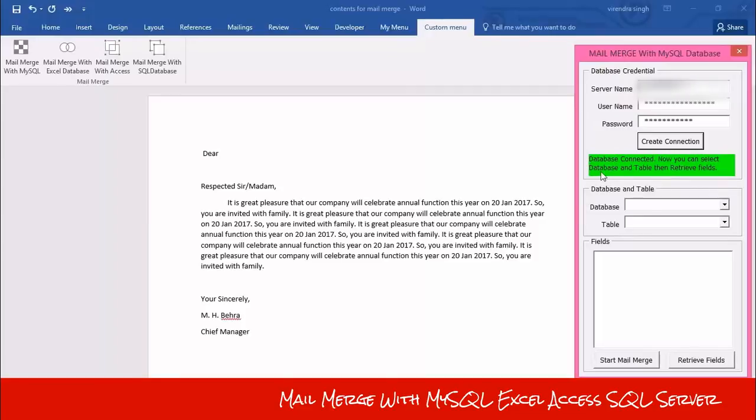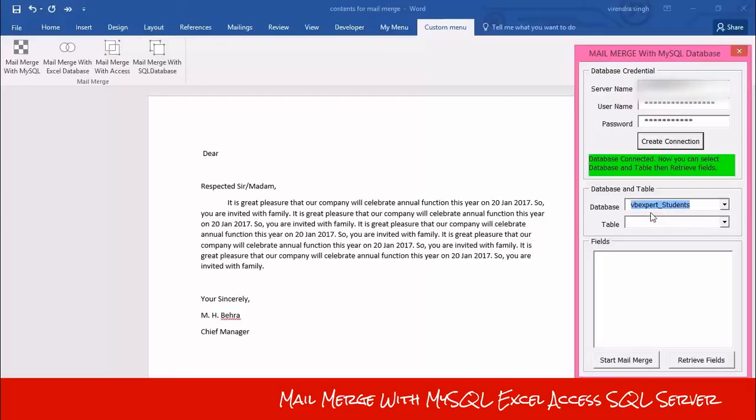Now you can select the database and table, then retrieve fields. Now the databases of the MySQL server have been added into combo box 1. I have only one database in my server, so this is the name of my database and I select it.